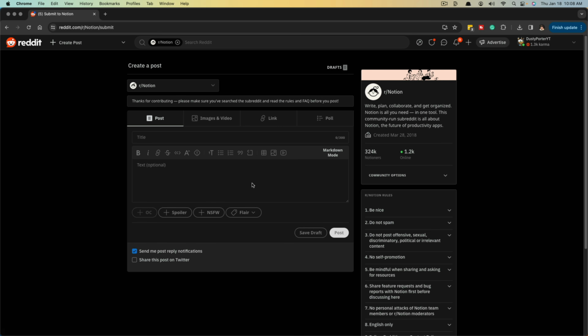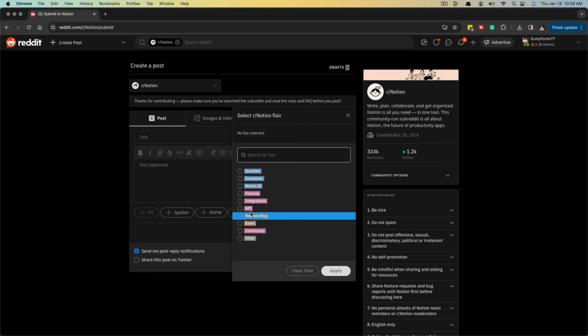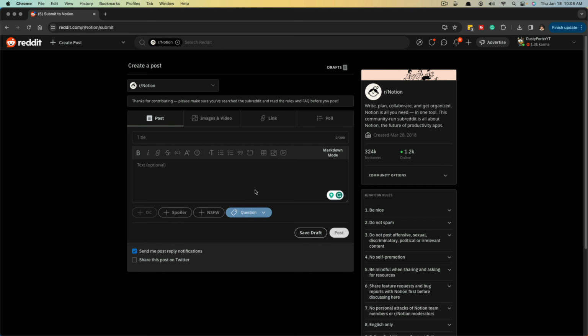If you're creating a new post here on the Reddit desktop site, you can see as I'm creating my post, there will be an option with that same tag icon that says Flair. Hit the drop-down menu, select the Flair that is applicable to that post, go to Apply, and now the Flair is added to that